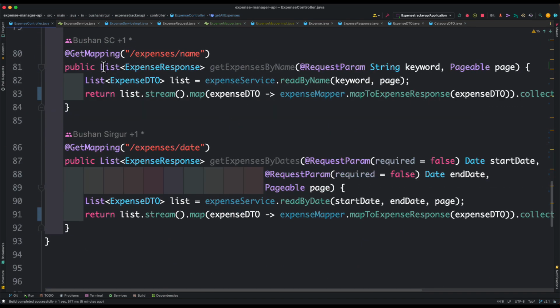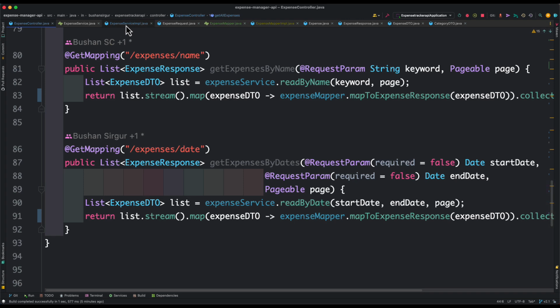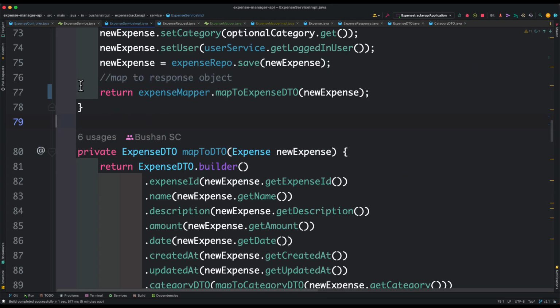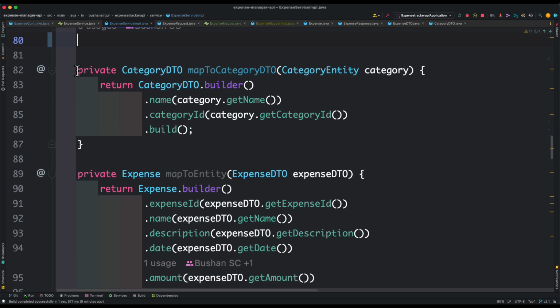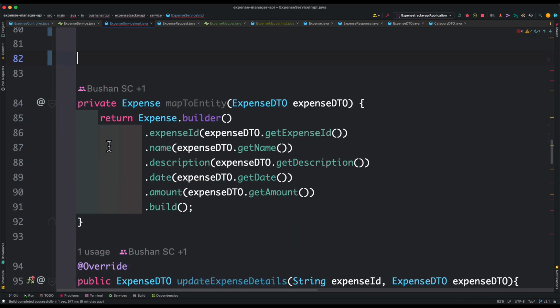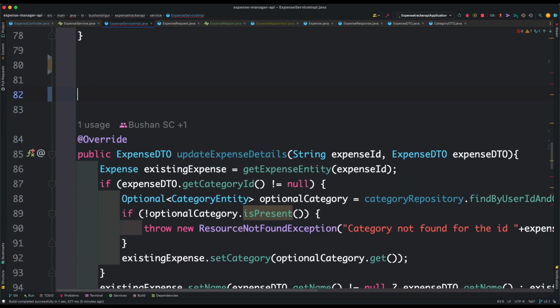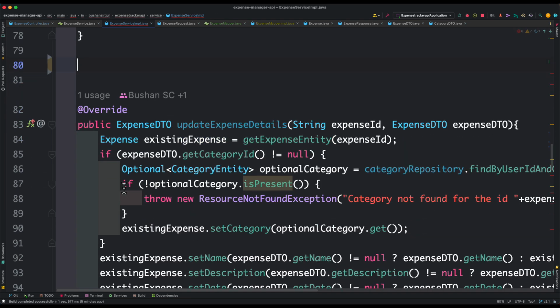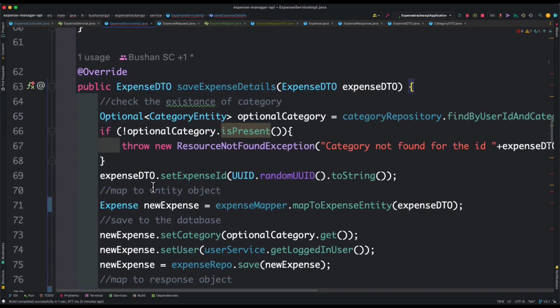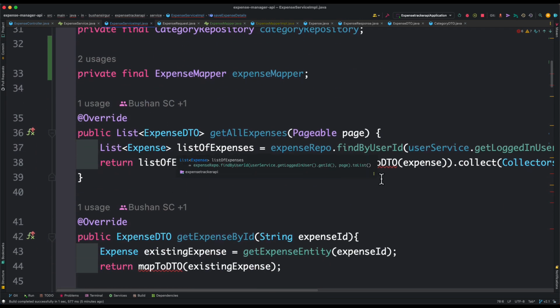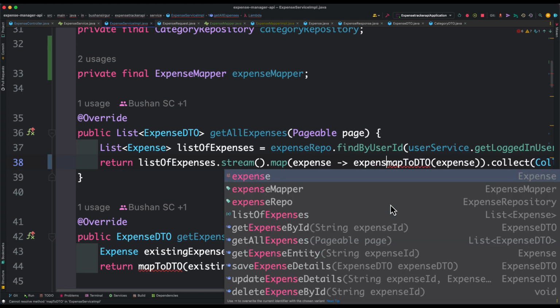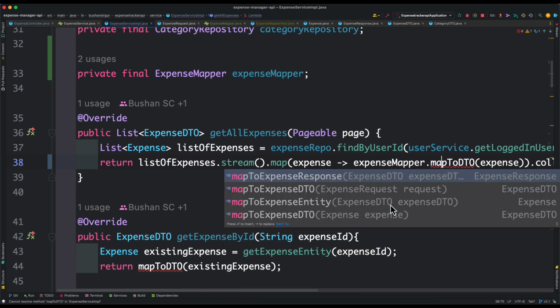Now let's go to the service implementation. I'm gonna get rid of this map to expense DTO. Similarly, we can remove this, and we can remove this also. Again, we get some errors. That's completely fine. We can fix it. Scroll up. Let's start from the beginning. This we can change it to expense mapper dot map to expense DTO,